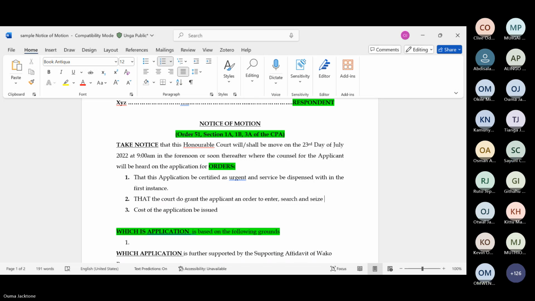Yeah. So I continue. Search and seize title deed for LR number 204 stroke.